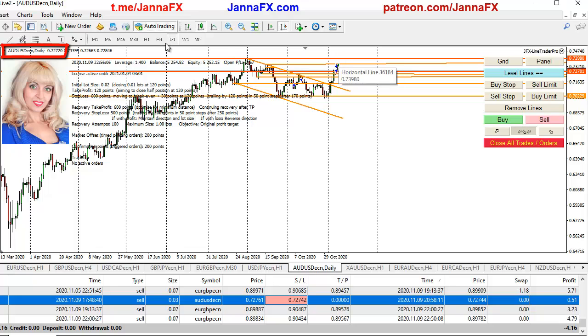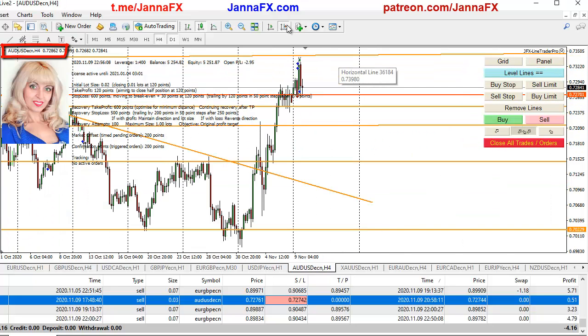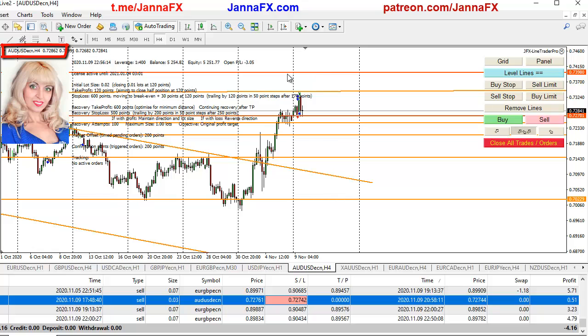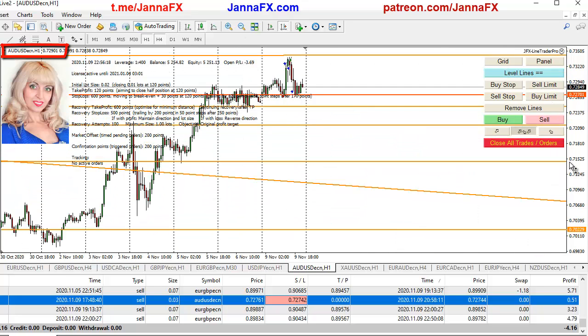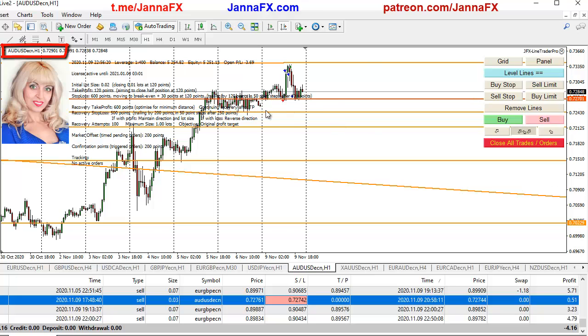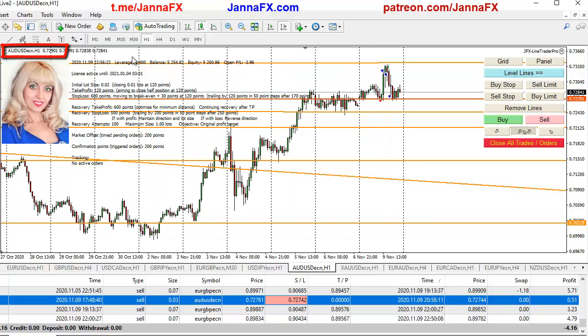So like I'm saying, technically it still all looks like it needs to have a correction, right? Technically, but with all this news, you never know what it can do. So it might continue the way up, but I'm not going to place any orders at this moment. It still didn't close that little gap. So that's why it's still looking a little bit more downtrend. It started to create a little bit of consolidation here.